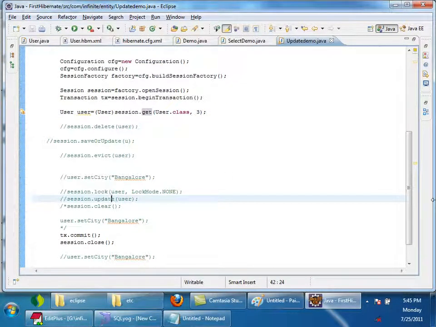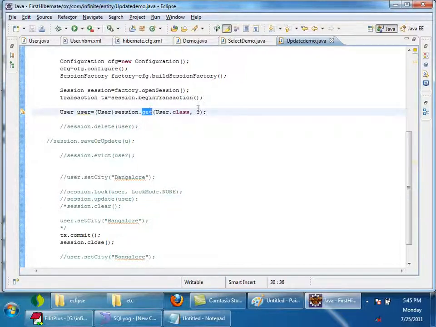I said session.get, but am I using this user object? No, I am not printing it also. Even though I am not using it, session.get is automatically firing the query, right? Now, will it not be good if the select query is fired only when I try to access it, right? So that is done by load.